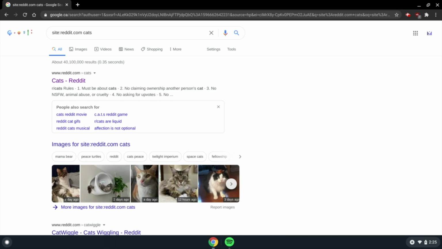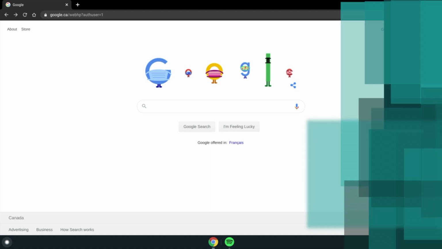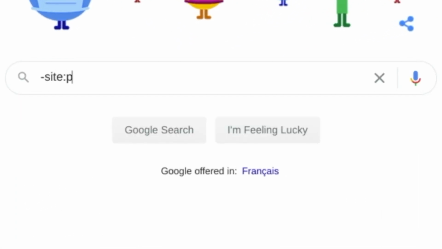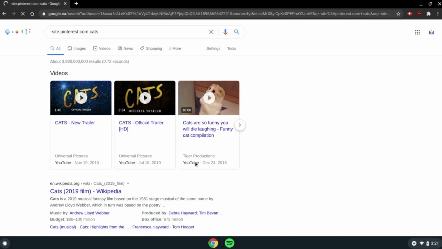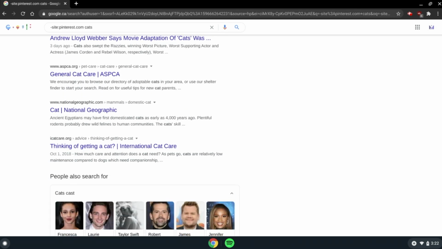Go figure. Of course, sometimes you want to avoid results from one website. Looking at you, Pinterest. To exclude a certain website, use the site, URL again, but this time put a negative sign directly in front of site. I find this super useful for excluding websites because, well, I don't really want a bunch of Pinterest photos